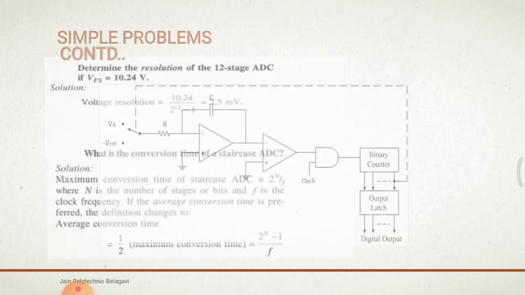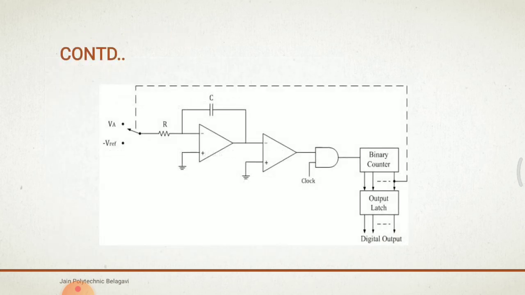So when the counter reaches the fixed count at the period T1, the counter automatically resets to 0 0 0 and switches the integrator input to the negative reference voltage minus VREF. Okay, so that is the working of the dual slope analog to digital converter, you can see here.